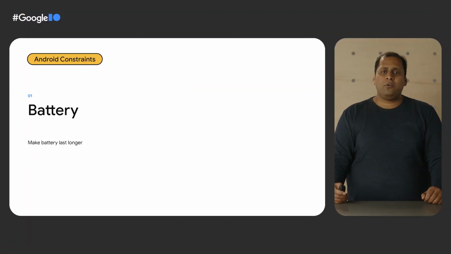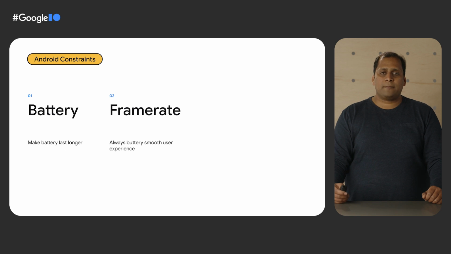Like any other software platform, Android also has to operate under certain constraints. For instance, we know that most Android devices are battery driven, and in order to minimize the user trouble of charging the device repeatedly, we want its battery to last longer. Also, as Ben talked about earlier, these devices are very user interface centric, and therefore we want the user to have a buttery smooth experience when using these devices, and therefore cannot tolerate janks.